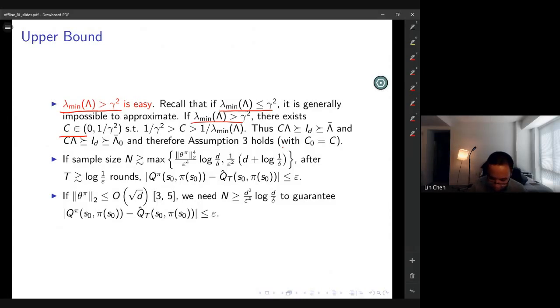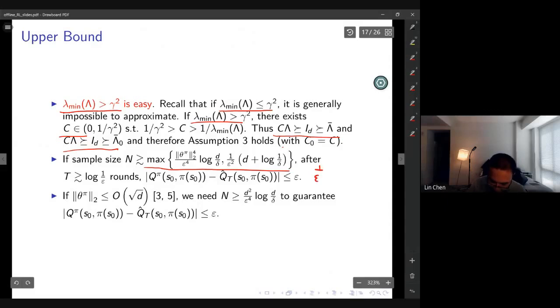Then we have these two inequalities hold, so assumption 3 holds. And from this upper bound result, we know that if we have this many samples, which is basically 1 over epsilon to the 4,